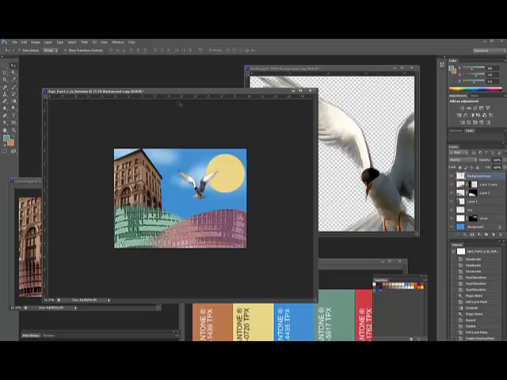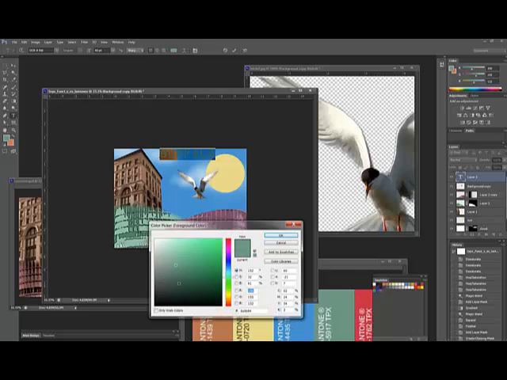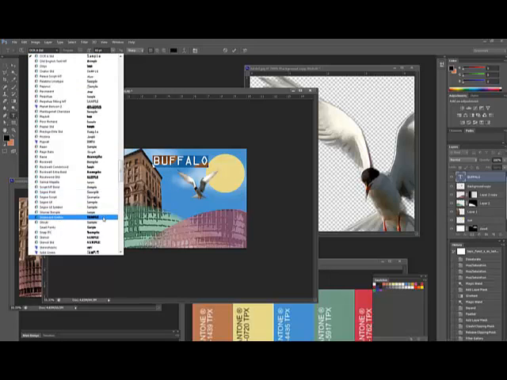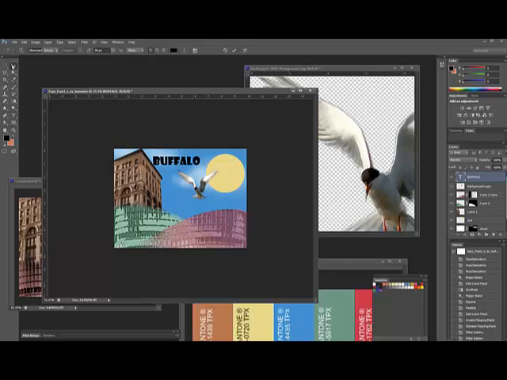We'll do a clipping mask. So for the clipping mask, you take the text tool and you can spell out buffalo. I think we'll just do black for this because we're going to change these colors. Okay, so we've got black here. You can make it a text that you like. You can change the text that's there. This is where you change the text over here. Okay, so we've got